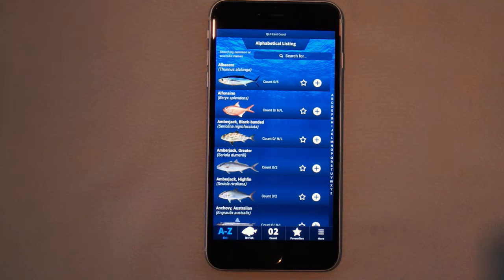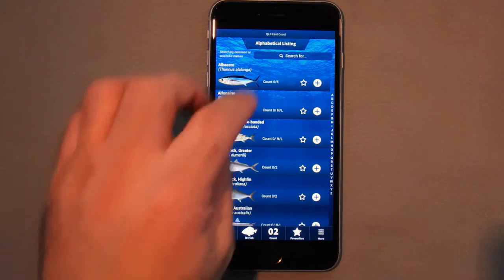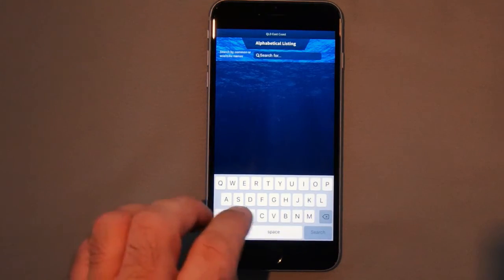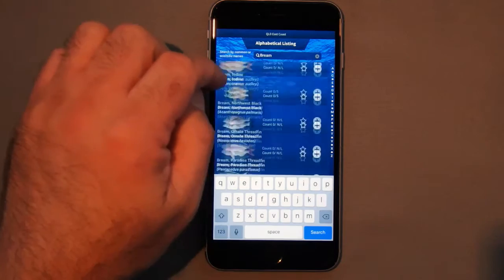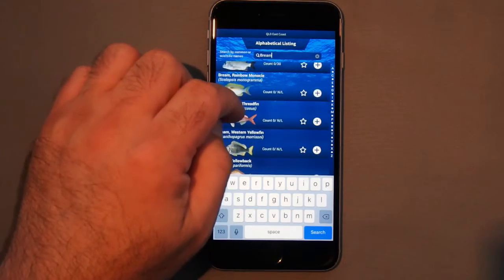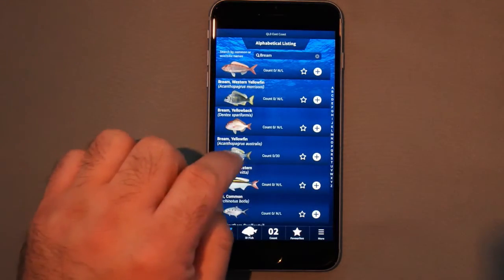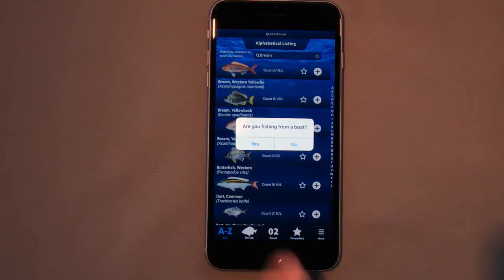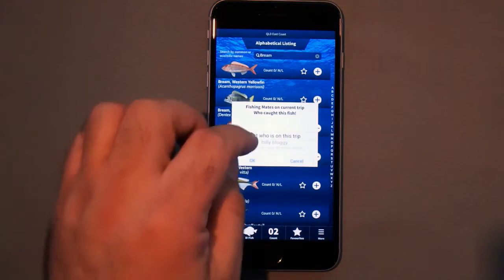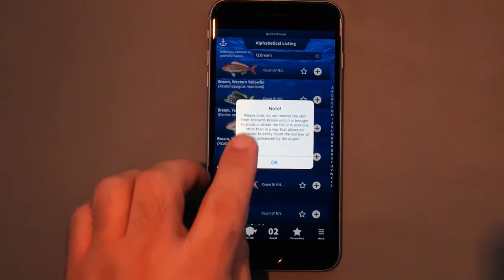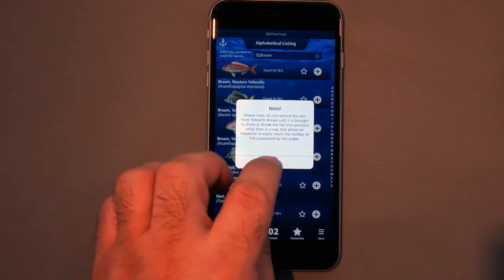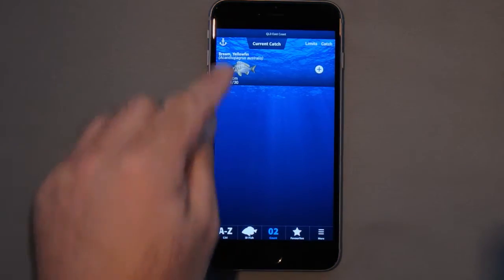So first of all, we need to catch a fish, so we need to be on a trip. So hypothetically I'm going to say I've caught a bream, and I'm just going to choose a yellowfin bream. There's a western yellowfin, there's a yellowfin bream right there. So I'm going to say I caught a bream. Are you fishing from a boat? No. The person who caught it, Billy Bloggy. Okay, comes up with our legislative information as per normal, and then you can actually see that fish in our